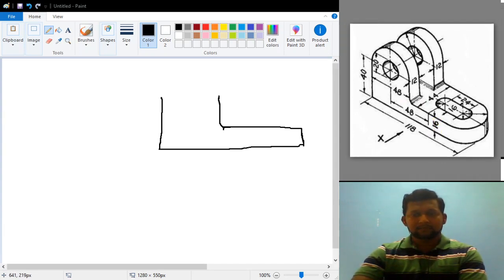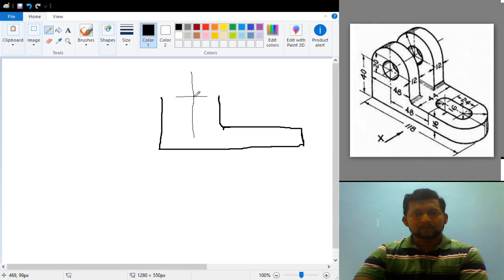Here you can clearly see that this thickness is your 16 mm. You will be able to see this semicircular shape from the front view if you are standing in front of this one. So how can I draw that? First you should draw a center line here. You know that this entire distance is 48 mm. From here, if you draw a small horizontal line like this,